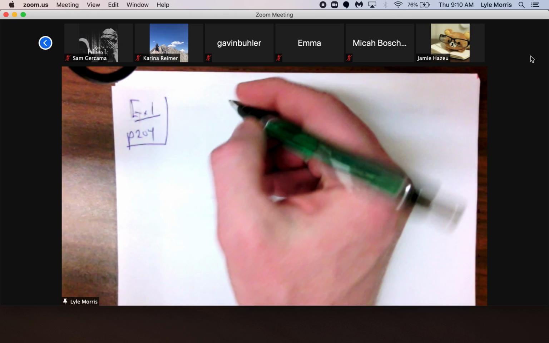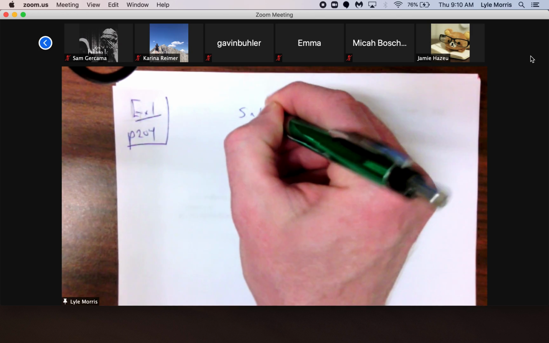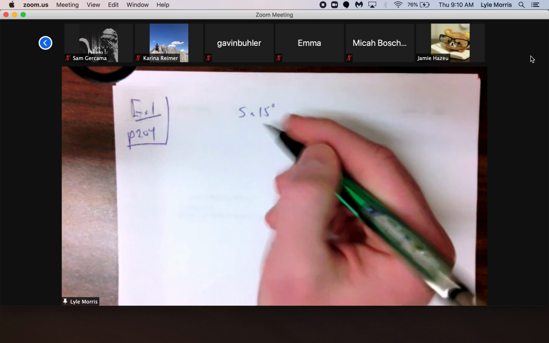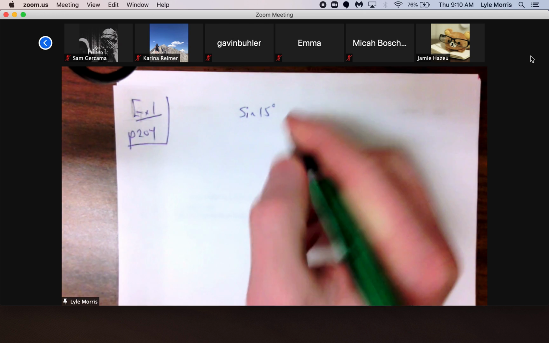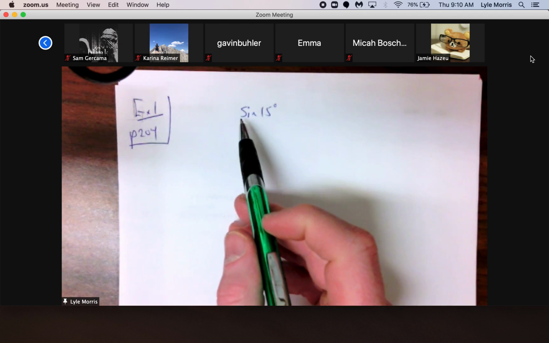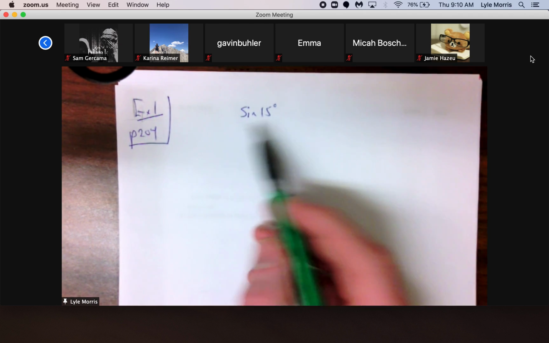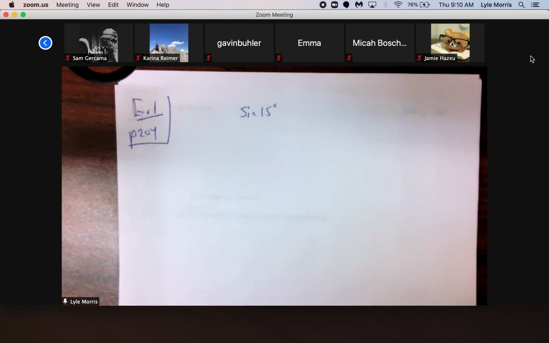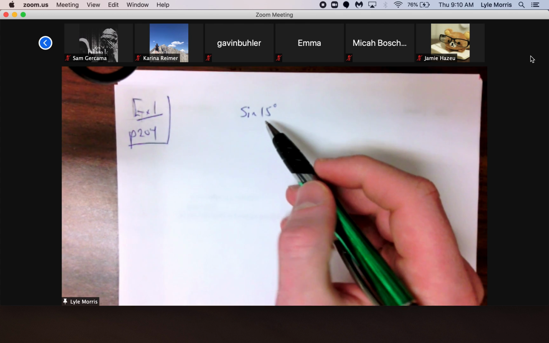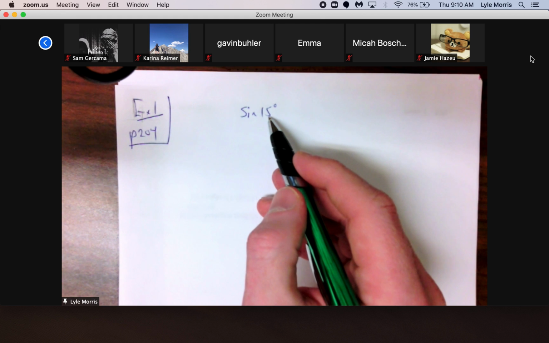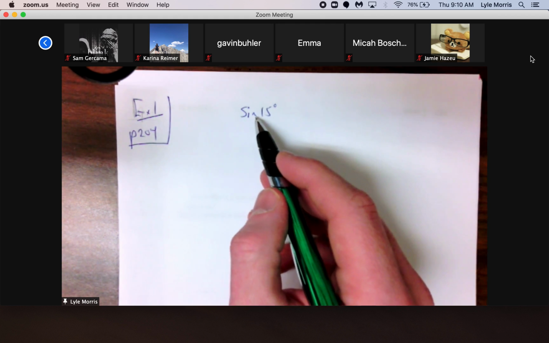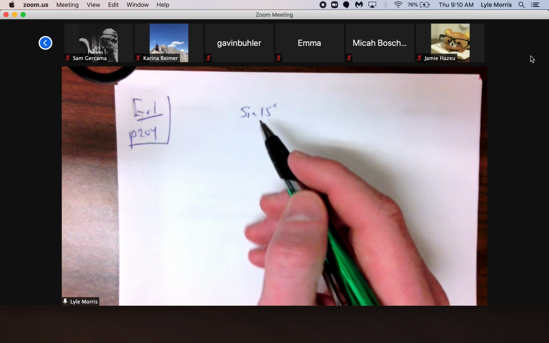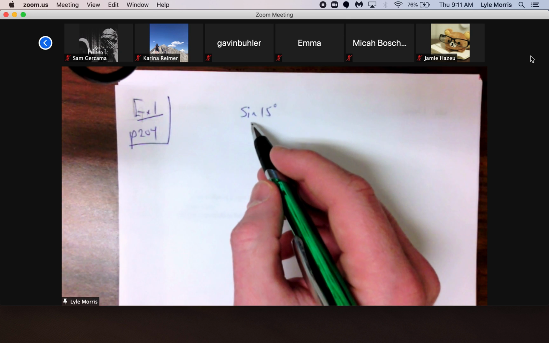It says find the exact value of sine of 15 degrees. Sine of 15, the exact value, meaning no calculator. Again, this is all brand new, so you might be wondering what in the world to do. You need to set up something that finds sine of 15. I'm not explaining this super well, but if you look at the one proof,